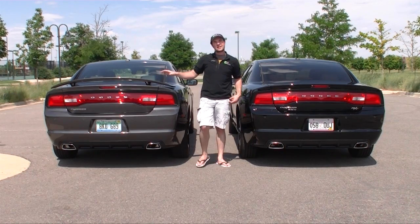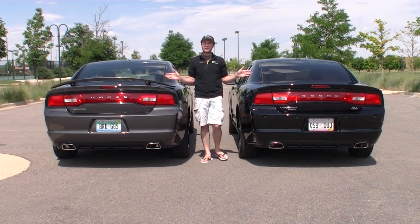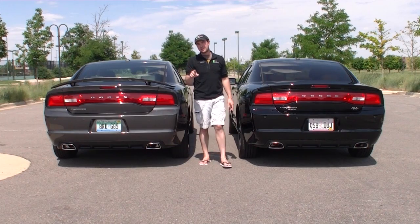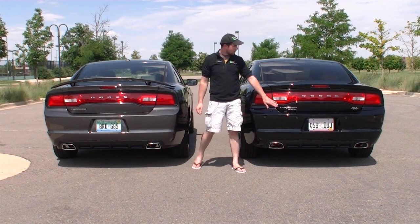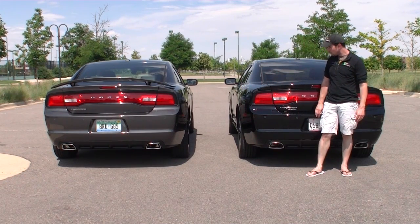Now, that's not to say that the spoiler isn't nice as well, it's just a difference in opinion. So you can really get a perspective here of how different these cars look from the rear. Now, some differences between V6 and HEMI. Well, of course, I've got the RT, so I have RT badging, and I have the all-wheel drive, so I